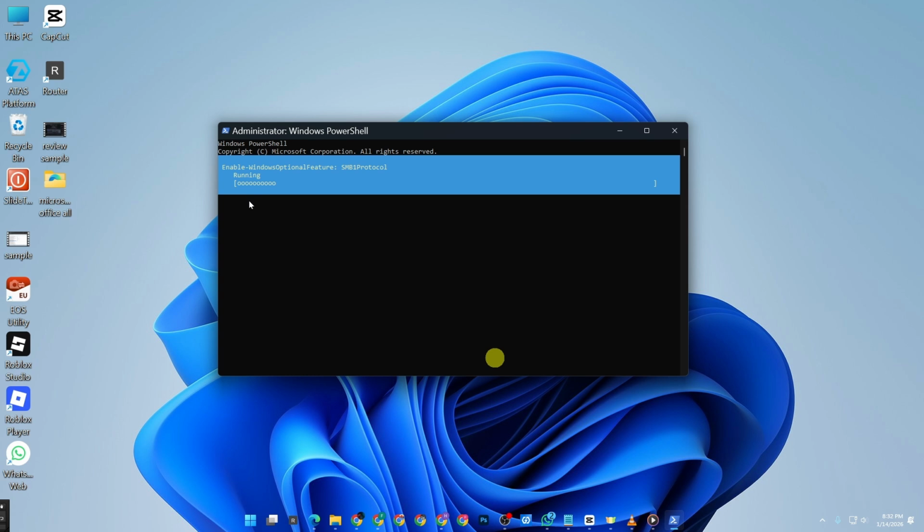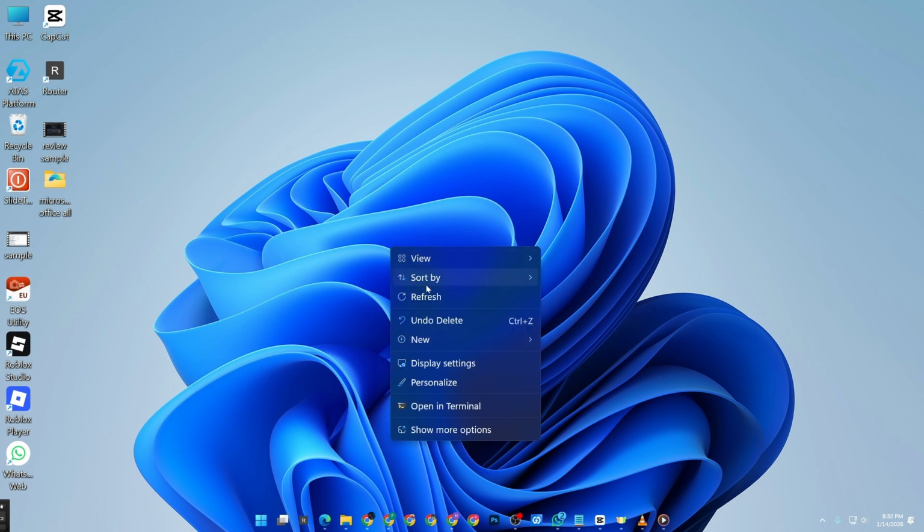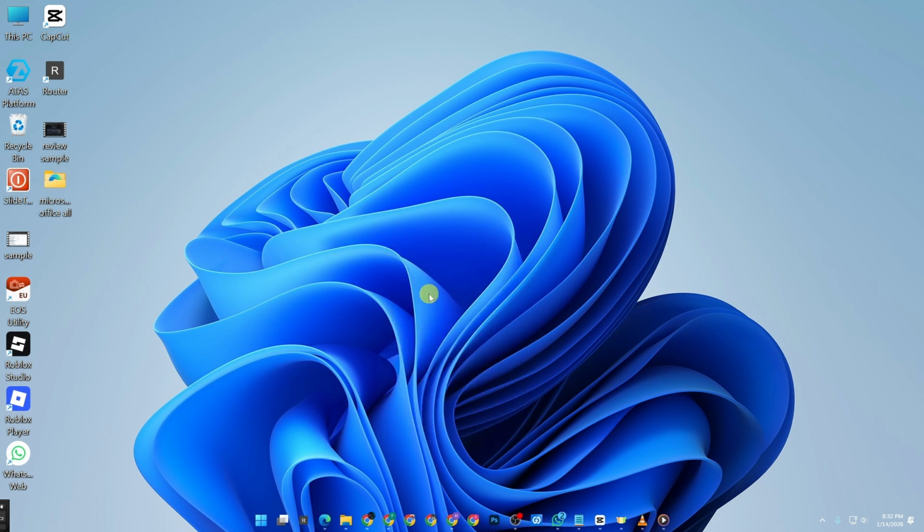One important thing to remember, SMB1 has security risks, so don't leave it enabled if you don't need it anymore. Disable it again once you're done using your older device. And that's how you enable